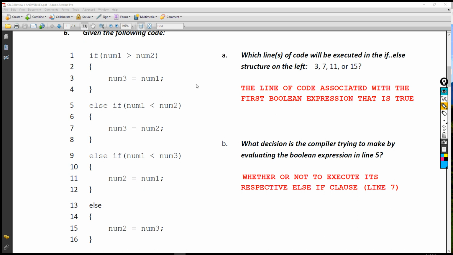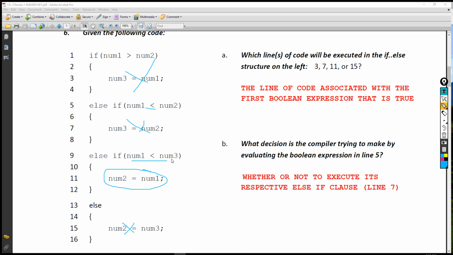So let's say that this is false, and this is ignored. And let's say this one's true. Then it's going to execute line 11 in this case, and then everything else would be ignored. So the only way we can describe which of these 4 lines will be executed is the line of code associated with the first Boolean expression